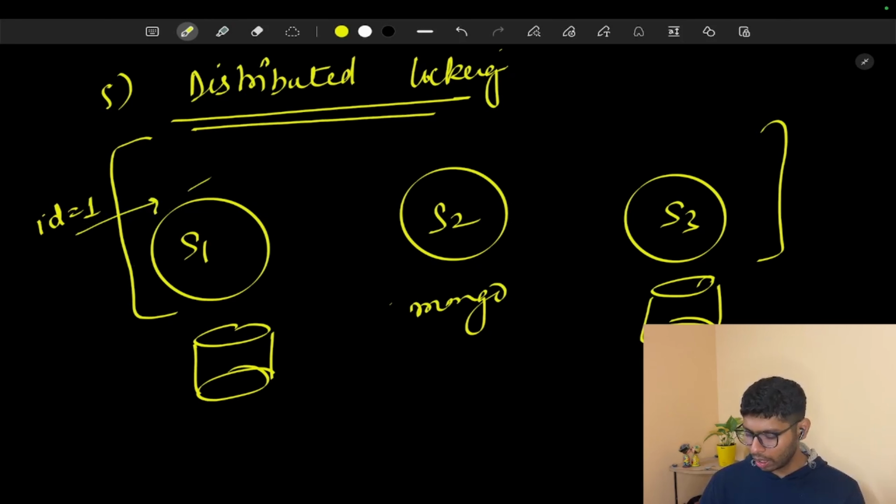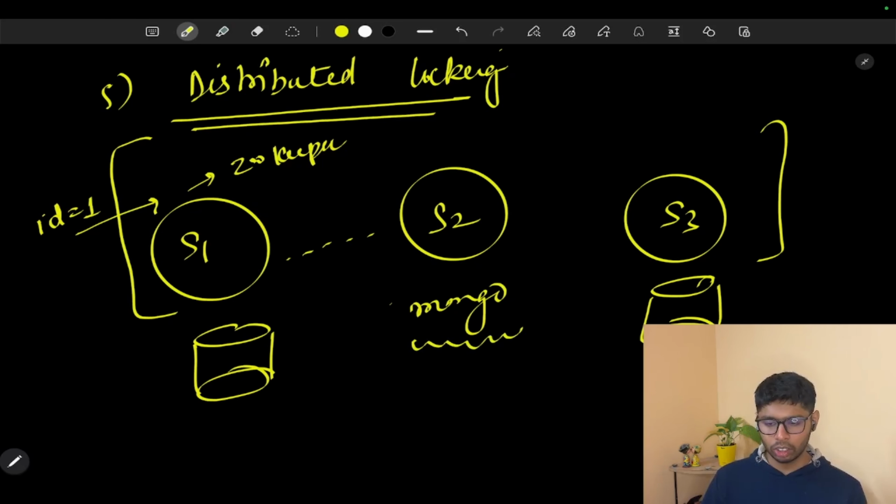The server will take the lock, or maybe create a node in Zookeeper. After that, it will reach server 2, and server 2 will check that yes, there is a lock. Then, of course, we can perform the action in MongoDB. After that, server 3 is also going to check that yes, there is a lock, and then, of course, the action can be taken on a particular database. Okay, so this is how these three actions are going to be performed.